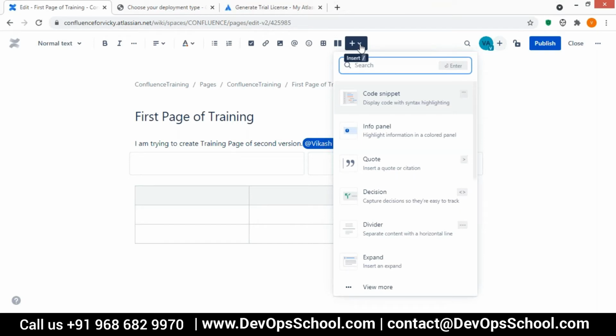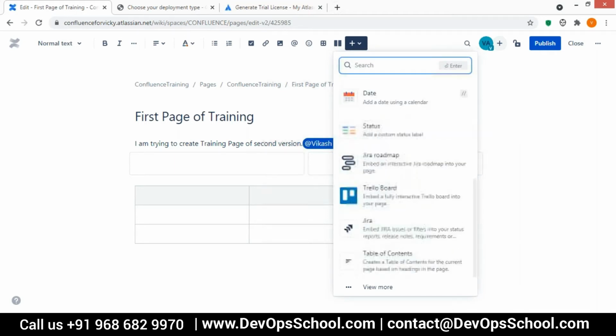The last one is called macro. So what is macro? A macro is like an additional plugin kind of thing, so that you can use these plugins for the creation of your page.